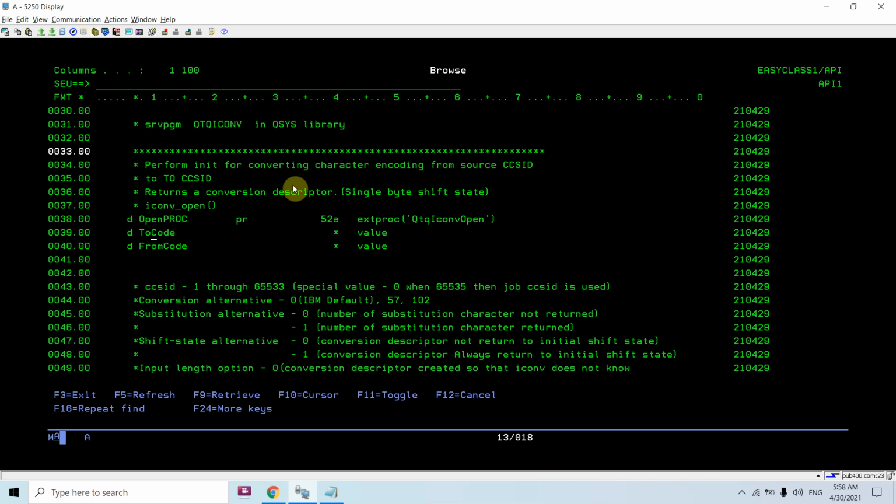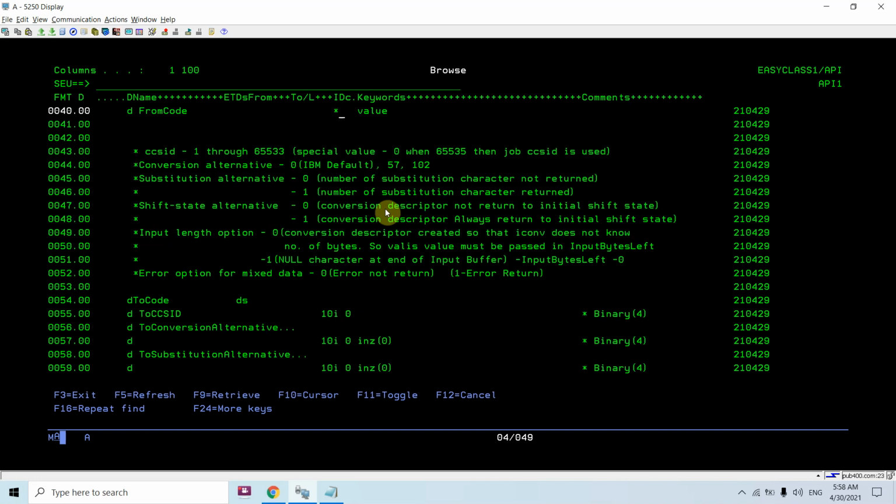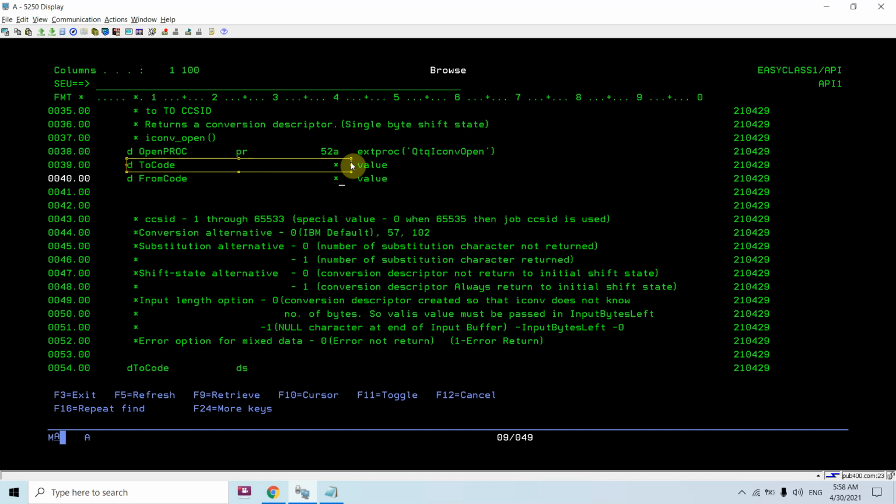It returns a conversion descriptor to us, that is whether we can start the conversion or not. The conversion descriptor will be set with the single byte shift state. So I have to pass the to code and from code pointers, and it will return the descriptor.